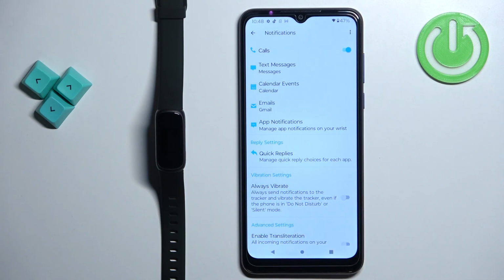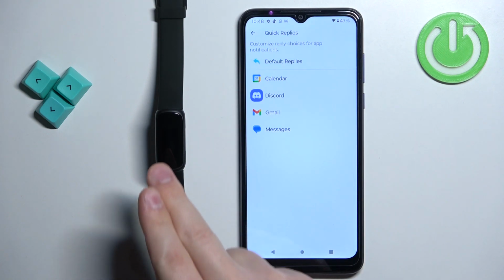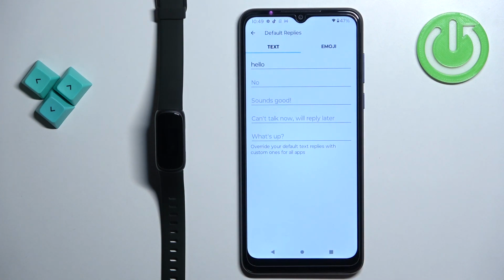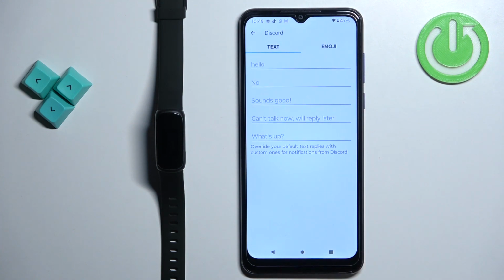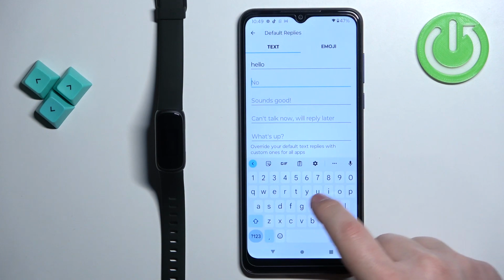Next, we have reply settings, and here we can set up quick replies. Basically, this option allows you to reply to the messages quickly on your Smartband. And you can tap on default replies, and here you can basically edit the default ones. So these default replies will be the ones that you get in every app, unless you set specific replies right here for specific apps. So let's say I'm gonna edit something here